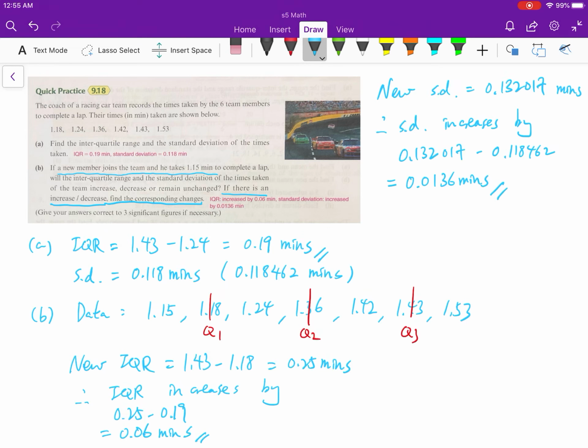Okay, got it? So here just make sure you look at the questions carefully and then determine whether the data is removed or added. And also whether you are going to find a range, IQR, SD, or explain the reasons or find the changes. Okay, all the questions, so maybe